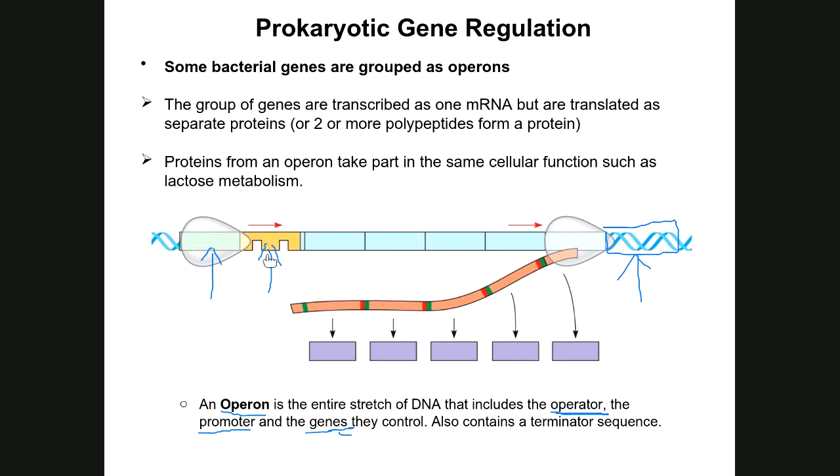The operator, however, is bound by a different protein, as we'll talk about, called a repressor protein. We give this repressor protein special names depending on the type of operon, so I'll give you two examples as we go through this. But this repressor protein, its job is to come and bind to the operator when it can under certain conditions. And when it binds to the operator, it'll actually interfere with or get in the